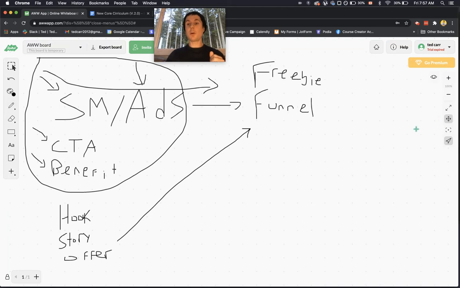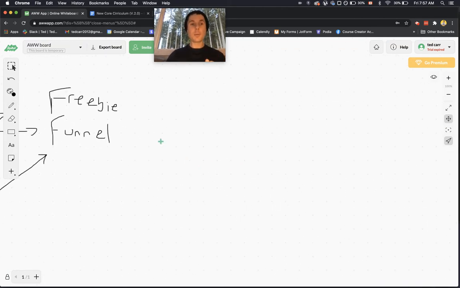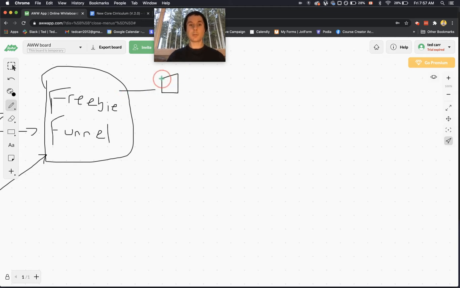Let's talk about the only purpose of the funnel. The only purpose of the funnel should be to get people to give you their name and email. I'll just draw a little email inbox. It's supposed to be an envelope. The only purpose is to get people to give you their email. Their name as well is nice, that way you can address them by name in emails, but just at least get their freaking email. That's it. That's the whole purpose of the funnel.